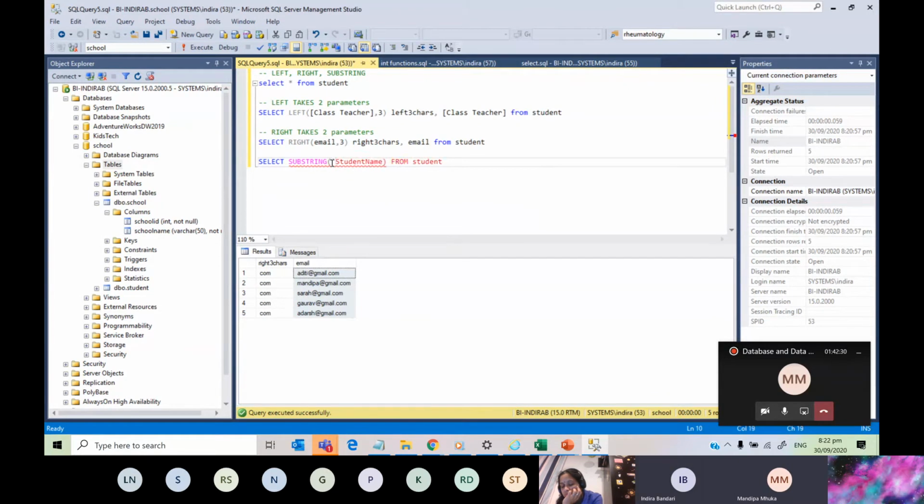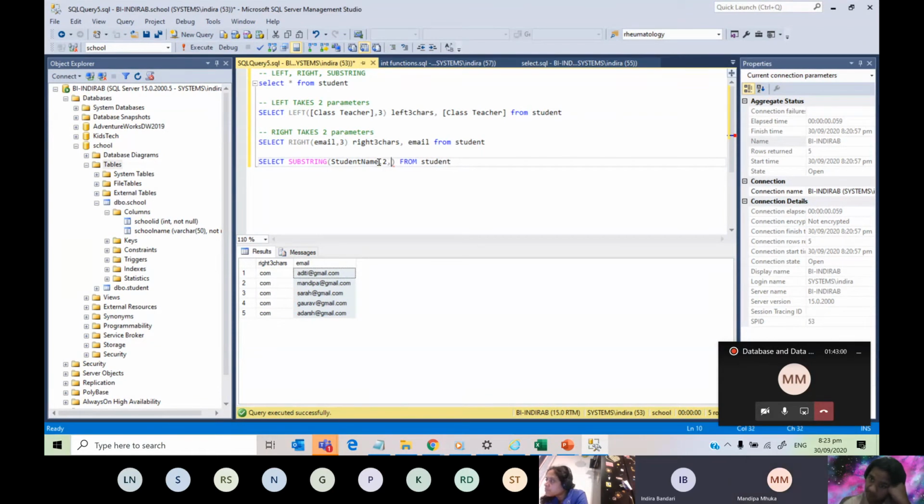Okay, what is it that we want to find? Let's say substring of the student name, get the substring from the start.